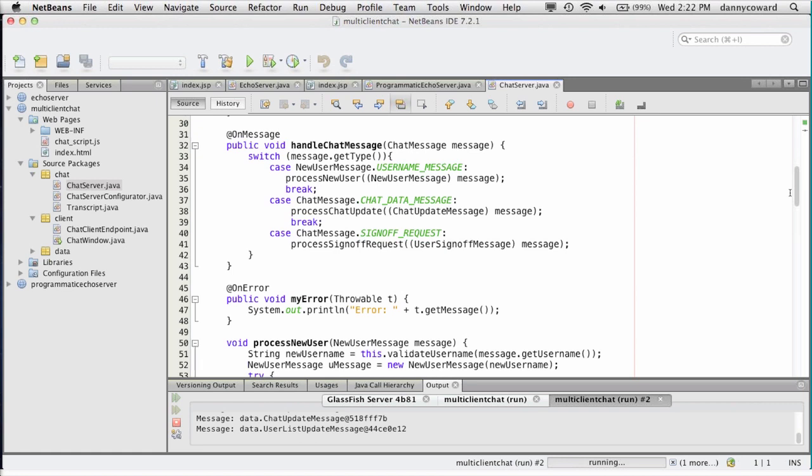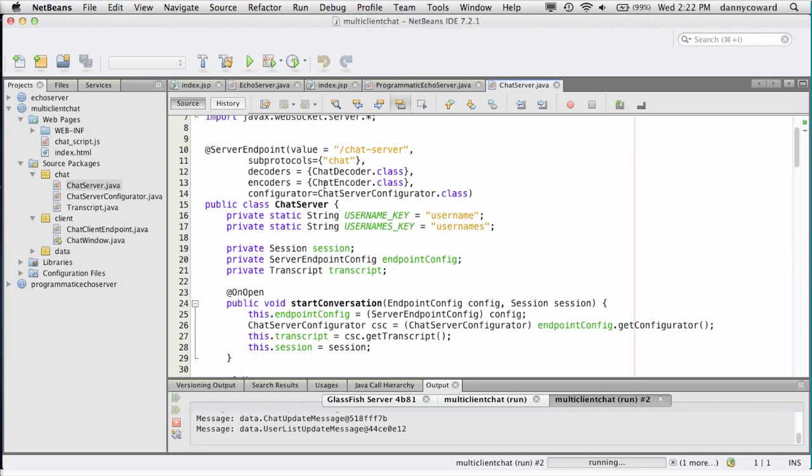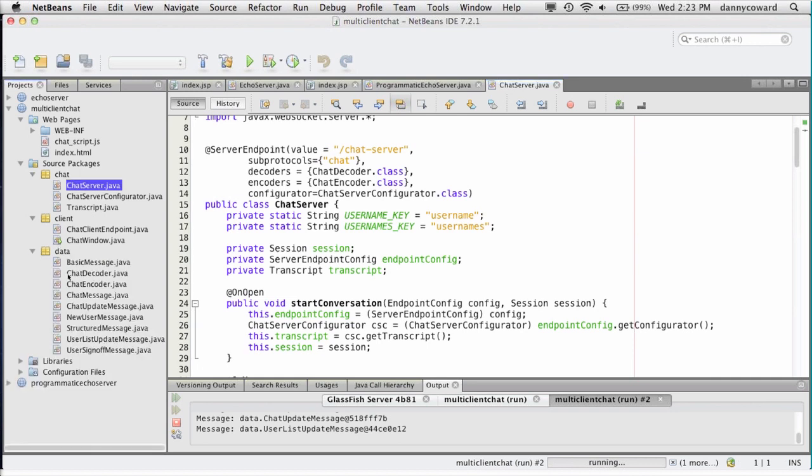Now you may be wondering how the incoming WebSocket message is being turned into the chat message. Well, that's where our chat decoder that we were listing in the server endpoint annotation comes in. Let's take a little quick look at that one. The chat decoder is over here,